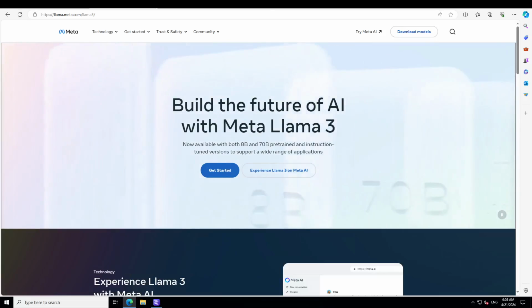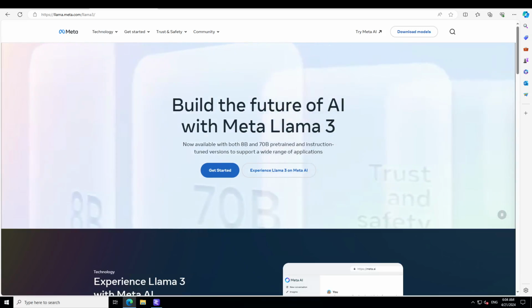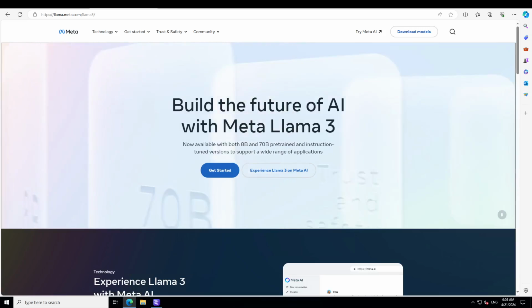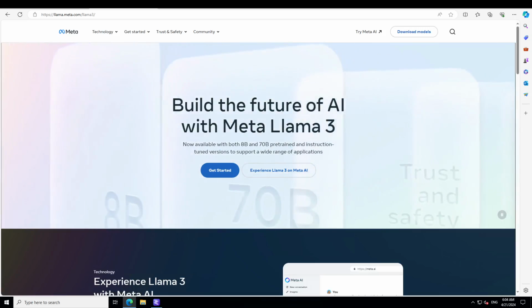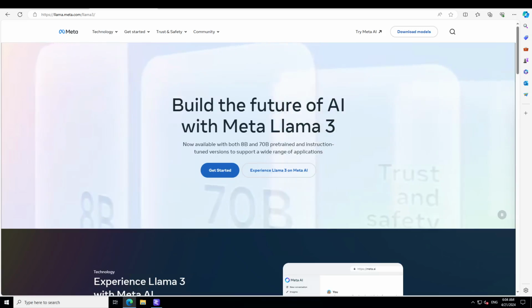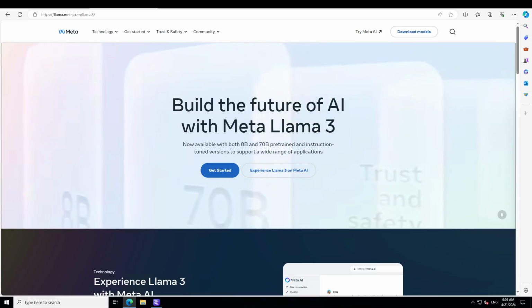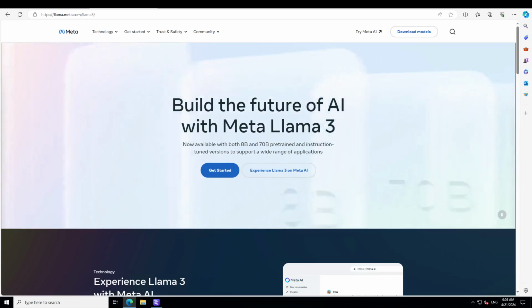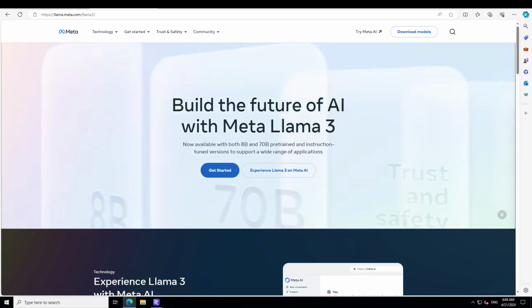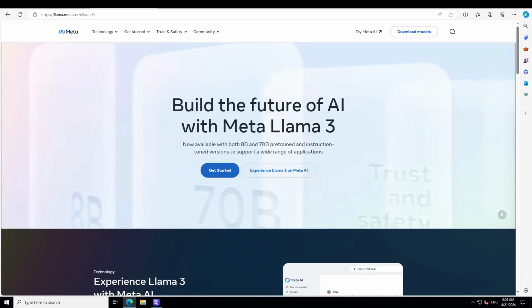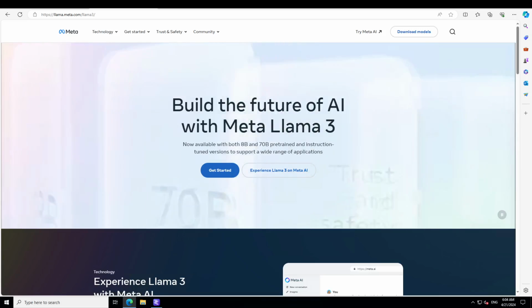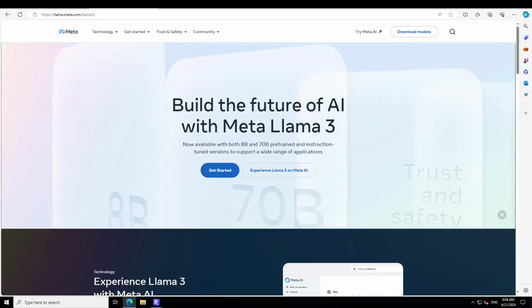In this video, you are going to learn how to install Llama 3 70 billion Instruct model locally on Windows. I have recently done another video on the local installation of Llama 3, but it was the 8 billion model and it was not the Instruct one. But this video is specially focused on the Instruct version of this brand new model from Meta, which is Llama